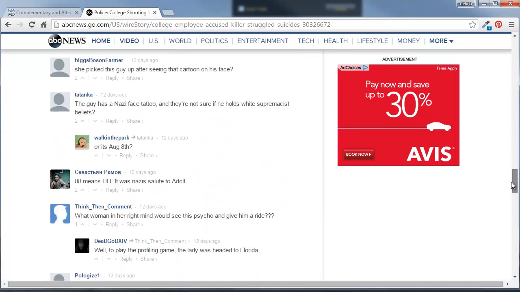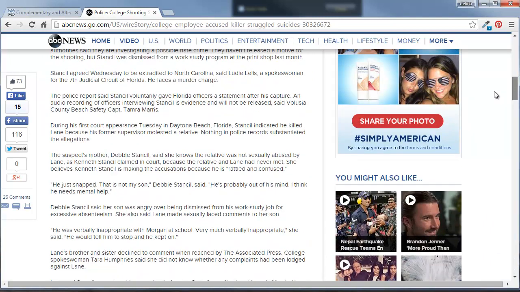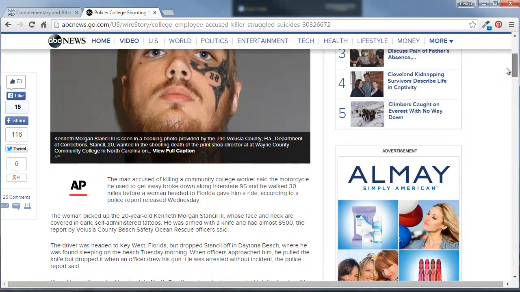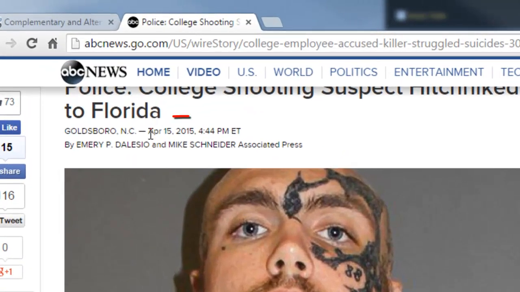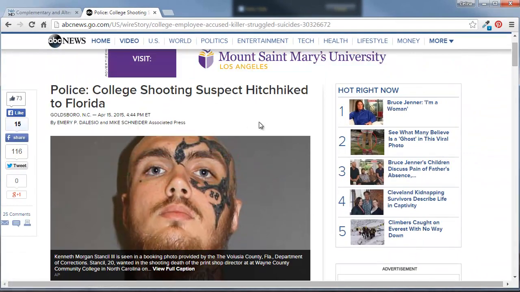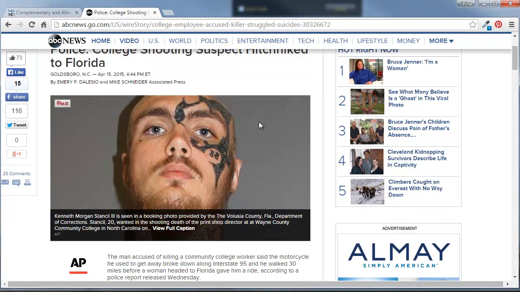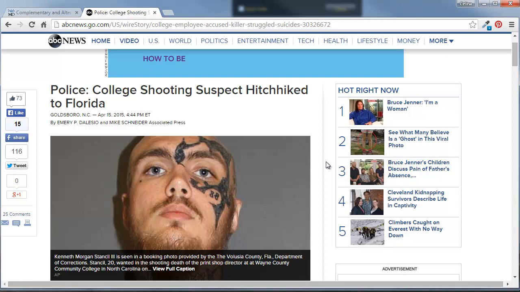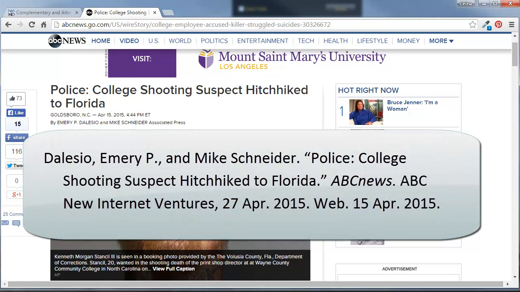And lastly, we need the date this particular article was published or written. So let's come back to look at this article, and it says it was written on April 15, 2015. Then we need the medium of access and a date of access. Again, since we're looking at a web resource on the web, the medium of access is automatically web, and then the date of access is the date that we're looking at this page. So the citation for this particular article from the ABC News site should look like